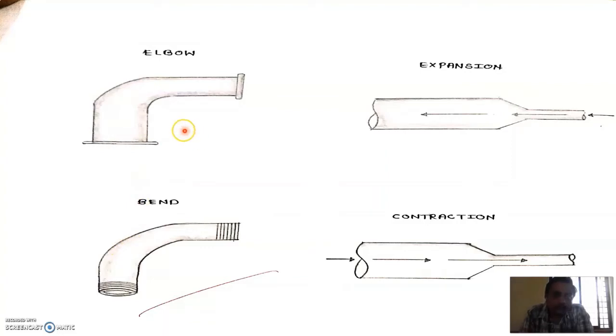When we speak of minor losses, these are the apparatus used in a water supply scheme: elbow, sudden expansion, sudden contraction, bend and so on. Water flows through them, and certain losses occur when the water flows through this apparatus. These losses are minimal when compared to the friction along the surface of the pipe over its full length, from start till end. When you take that friction into account, the loss is a major part. That is called major loss. This is called minor loss.